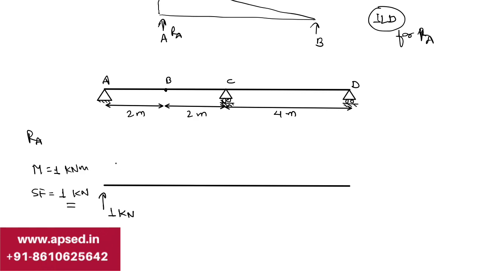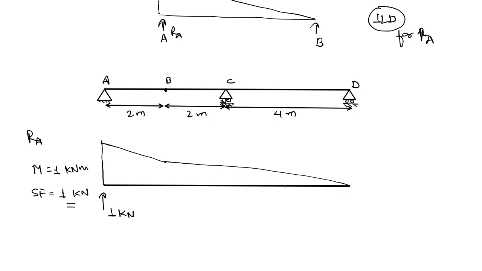Now the problem is, what will be this deflected shape? A lot of the students have problem in identifying this deflected shape. For example, you can say this deflected shape will be something like this. If I remove this support A and apply a load here, this is how it should look, that this part of the beam will lift up and this part will also lift up, and this is how the ILD should look like.